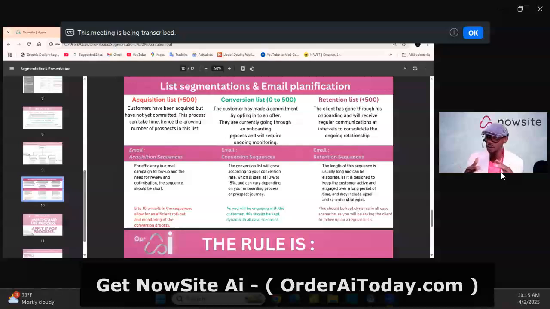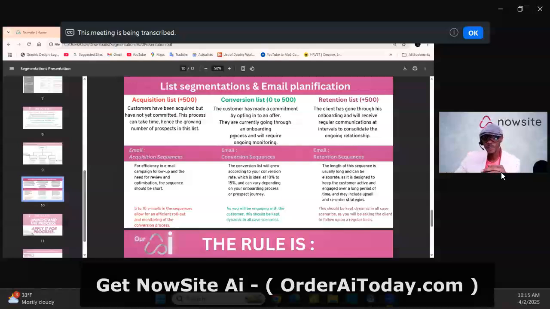The conversion list will generally be in the range of 500 or under. Why? Because it's the period where we're dynamically exchanging with the client, getting them onboarded, and the onboarding phase doesn't span forever. It spans a certain amount of time, and then they go into a retention cycle where they follow a long-term process. Of course, these strategies will impact the email sequence as well. Since these are built-in rules, they have an impact on the actual email rollout.